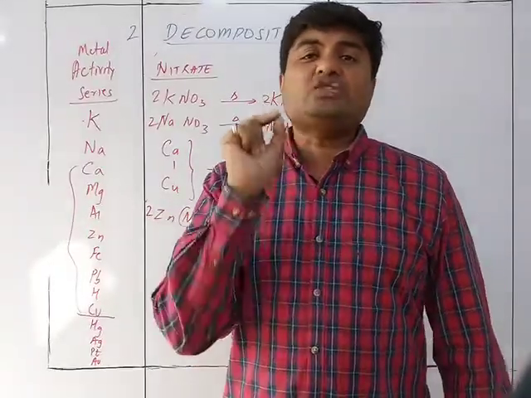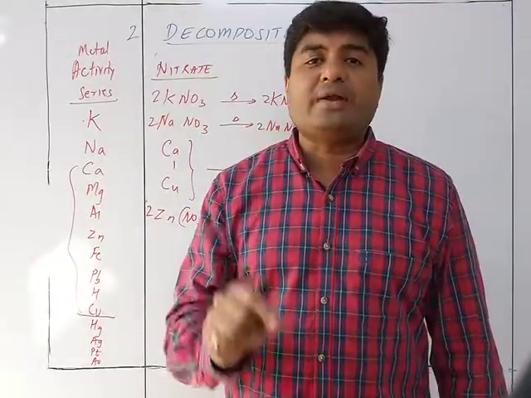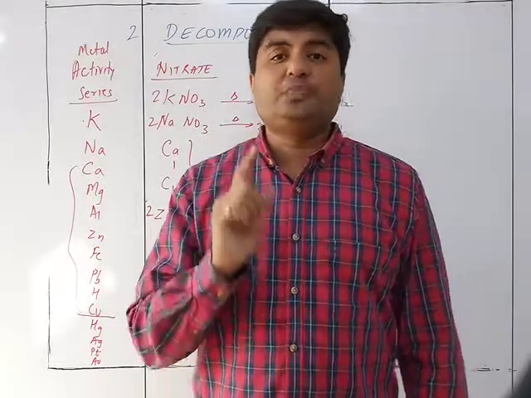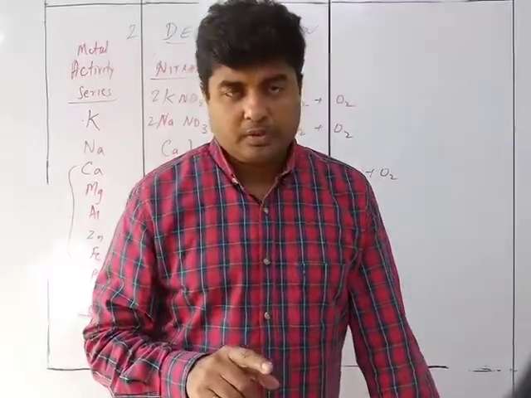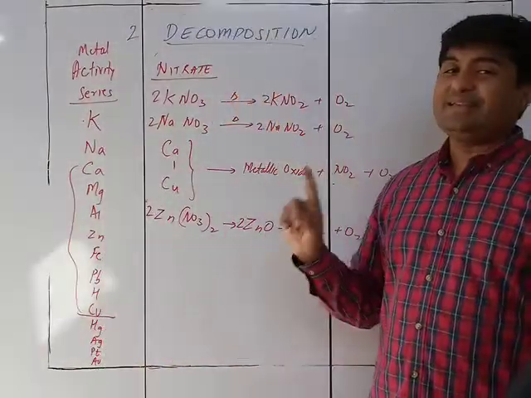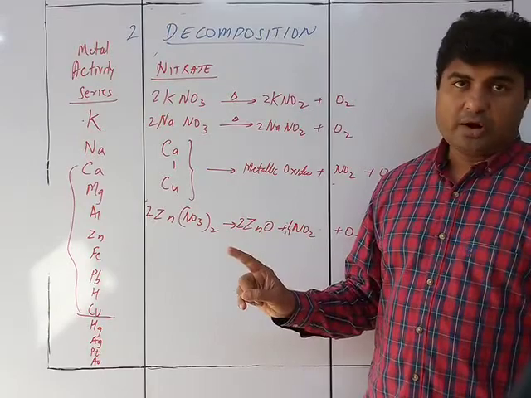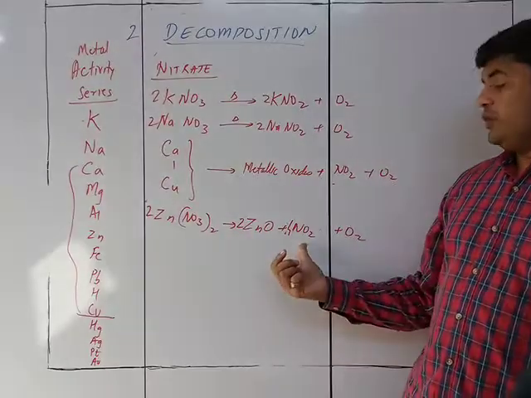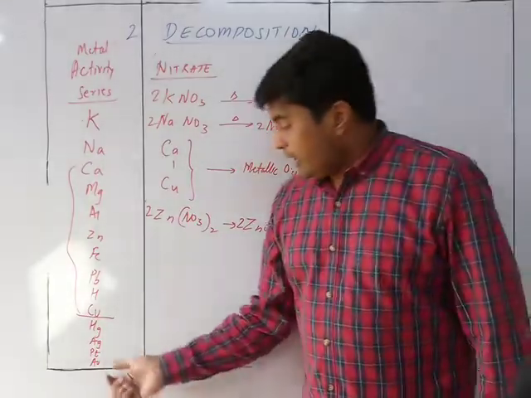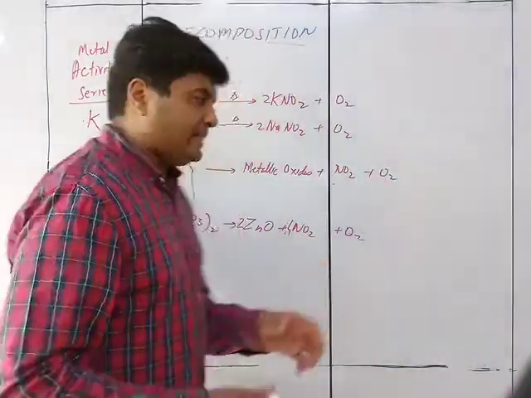Nitrates when heated will give you nitrogen dioxide, and the color of nitrogen dioxide is reddish brown fumes. So reddish brown fumes will be seen when the nitrate is heated. Got it? So nitrate when heated will give you NO2 plus O2 as the gases which are given out. If you take Ag, again the same thing,